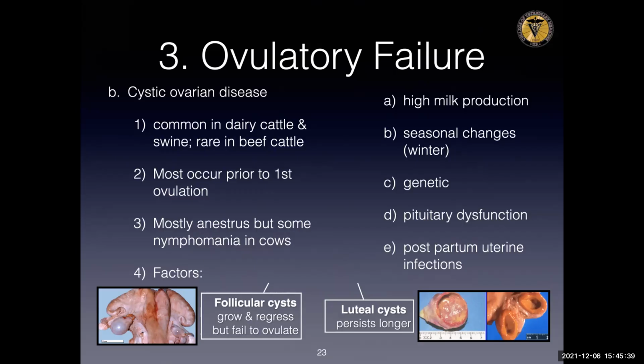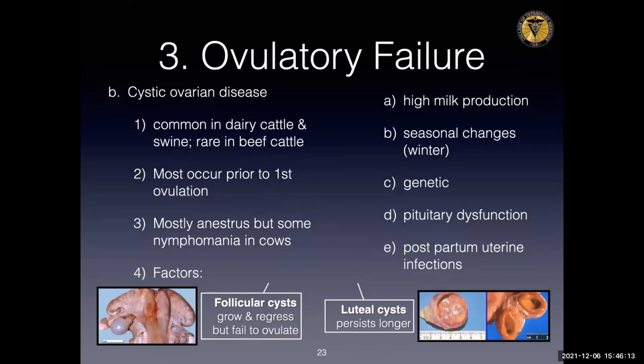The factors that would cause cystic ovarian disease would be high milk production. It could also be because of seasonal changes. It could be related to genetics. It could be pituitary dysfunction and postpartum uterine infections. Yes, this is true. That's why we have to be very careful with letter E. Ensure that your animals will not have metritis because it makes them prone to cystic ovarian disease on the coming